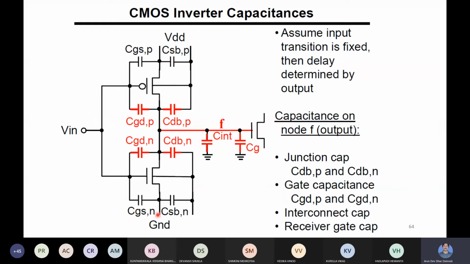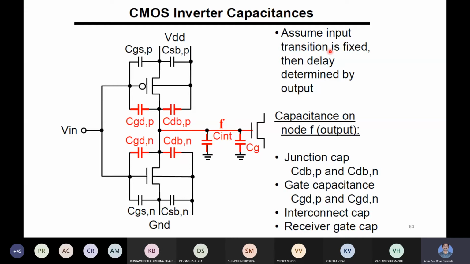So similarly CGSN and CSBN, and there is some C interconnect also. There is capacitance because various polysilicon and metals and other connections are there, that is also having some capacitance. So CINT means C interconnect. It is driving to the other stage, so the gate capacitance of this stage should also be considered. This diagram explains various types of capacitances for finding out delay, because if you have to do timing analysis, then all capacitances must be properly considered depending on the operation.